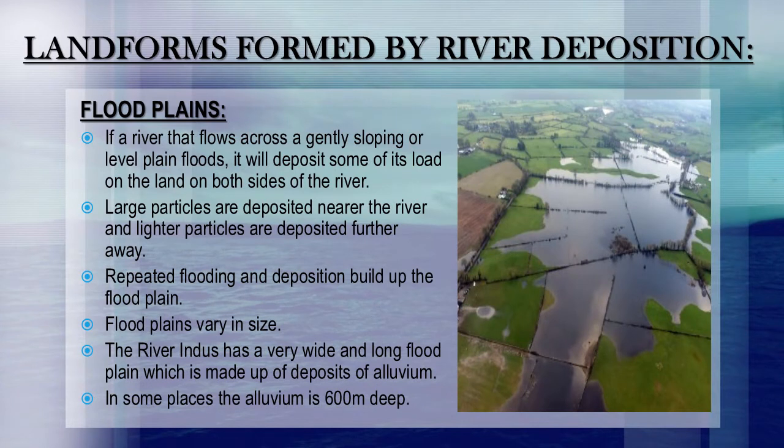Our next heading for today is landforms formed by river deposition. Floodplains. A floodplain is an area of land which is covered in water when the river bursts its banks. It also states that a floodplain forms due to both erosion and deposition, whereas erosion means removing any interlocking spurs and also creating a wide flat area on either side of the river.